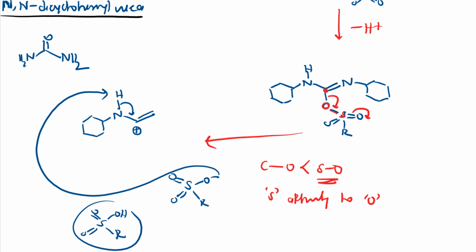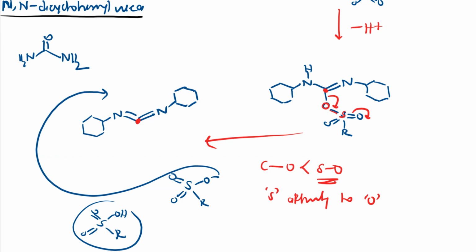It will become like this, right? And other things will remain as it is. So I am going to draw that. Here, if I remove that and just write here, see here, I will get a double bond here, and this positive charge becomes neutral. So what is this? This is my DCC.